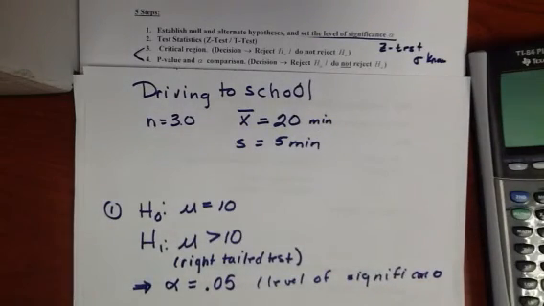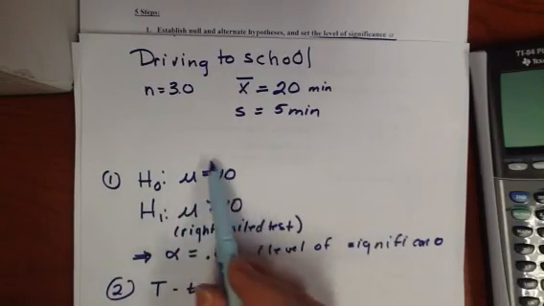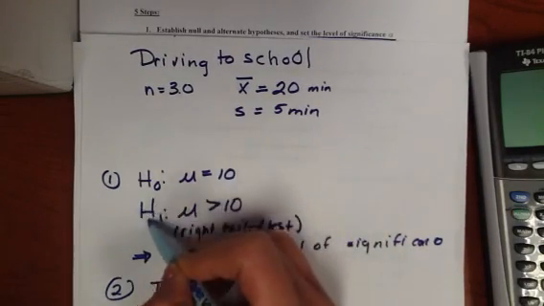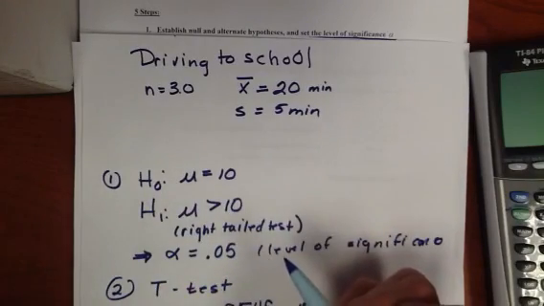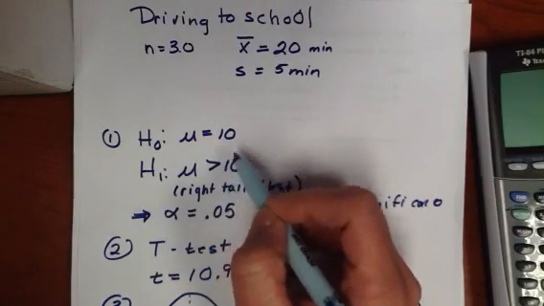We never say we accept it. It's kind of like the court system. You're either guilty or not guilty, and if the jury finds you not guilty, that just means they didn't have enough evidence to prove you guilty. In the court system, we never prove anybody innocent because you're assumed to be innocent. Same thing is true in hypothesis testing. We assume the null. We never prove it. We just try to find enough statistical evidence to prove the alternative. So in this case, since we rejected H naught, it's kind of like a guilty, we had enough